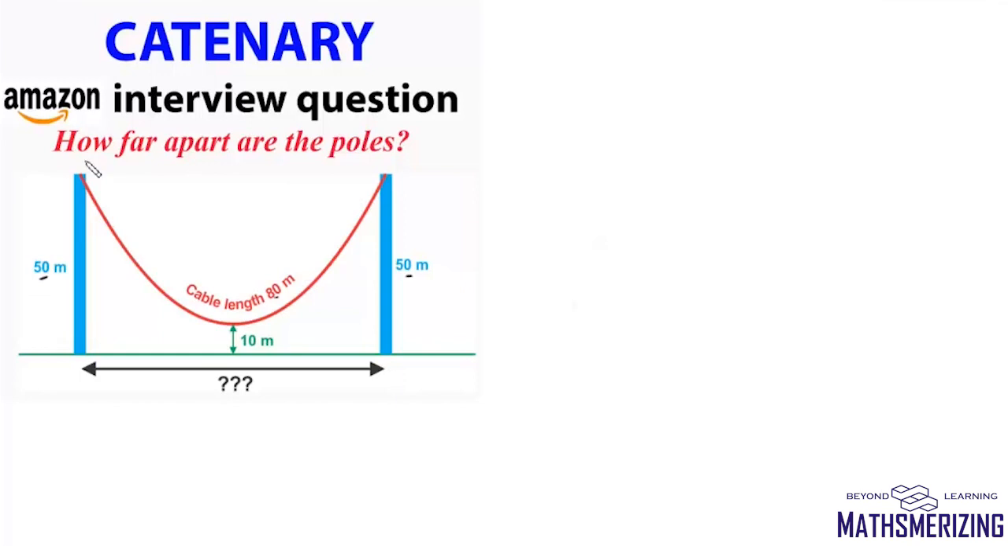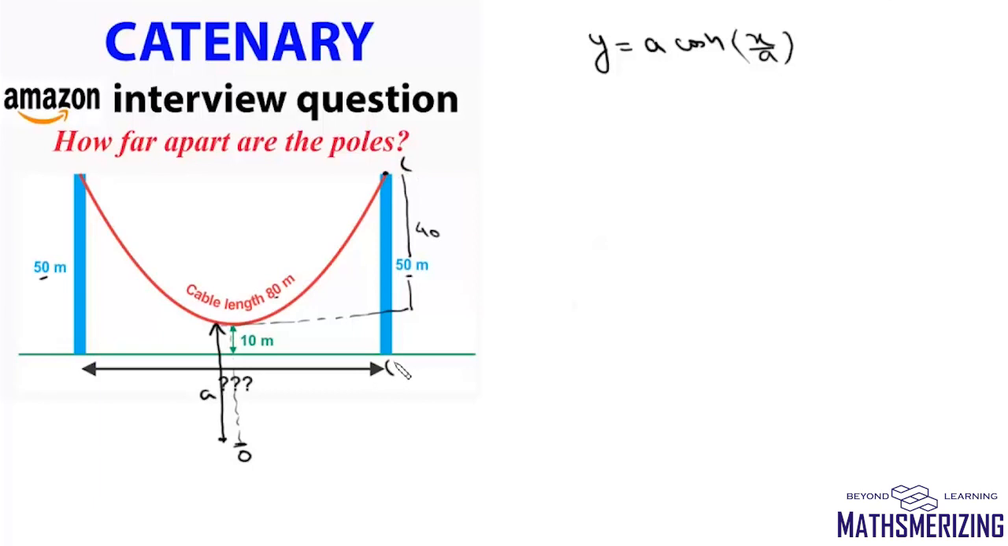So we know that any hanging cable assumes the shape of a catenary whose equation is given by y equals a hyperbolic cos x upon a. Say we have the origin here and this distance is a. Now if we write the coordinates of this point, this distance is 50 minus 10, so it will be 40, and this is a, so its x coordinate is suppose x1